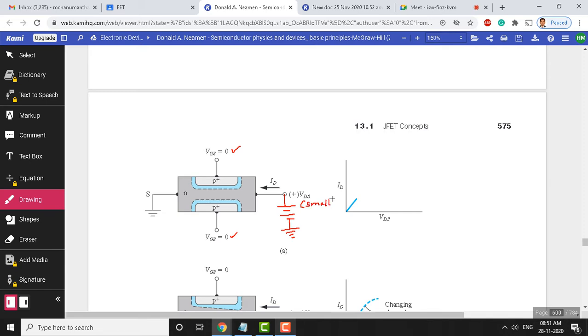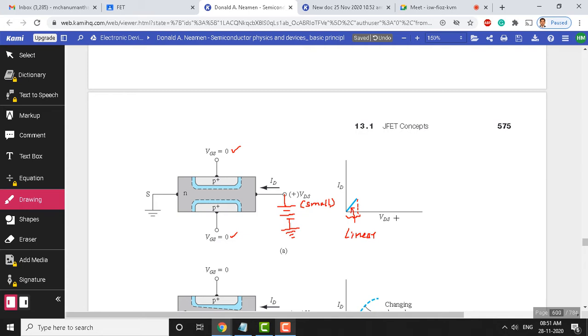Small drain source region. So you can observe some linearity in the characteristics here. For small drain source voltage, the device exhibits some linearity. So this is linear. It follows Ohm's law. This is linear for small VDS only. Suppose this is going to be the VDS. For this amount of VDS, the device current keeps increasing. For only small VDS it keeps increasing. But we will see what is going to happen when you go for larger VDS.